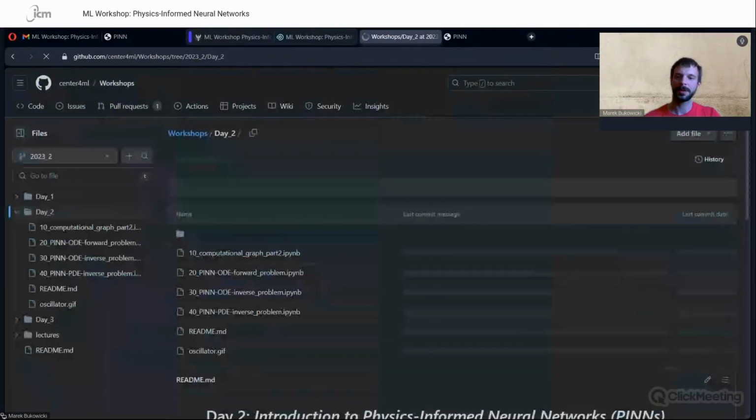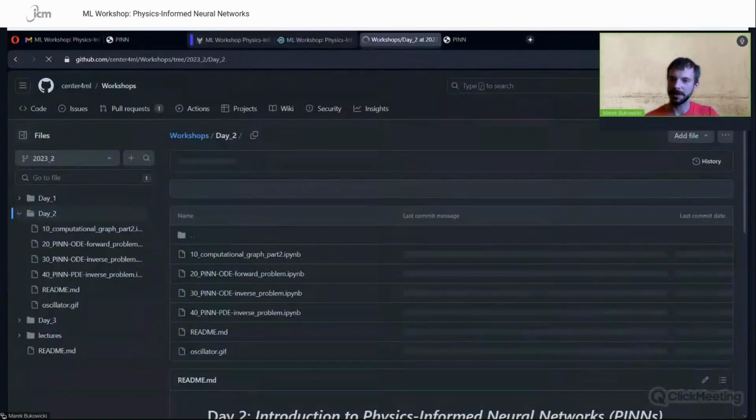I will look at my board to see if some new question appeared, because I don't see them. Okay, Pavel: I expected the PINN would be better than a regular neural network and converge more quickly, but it seems that the opposite is true. Why does the neural network at step 8000 look better than the PINN? Okay, so the